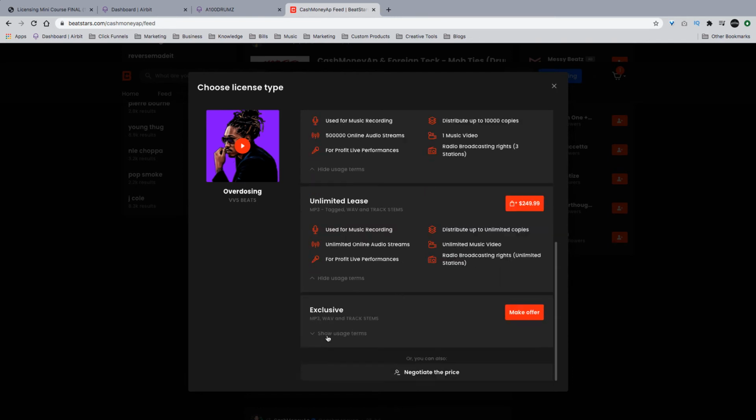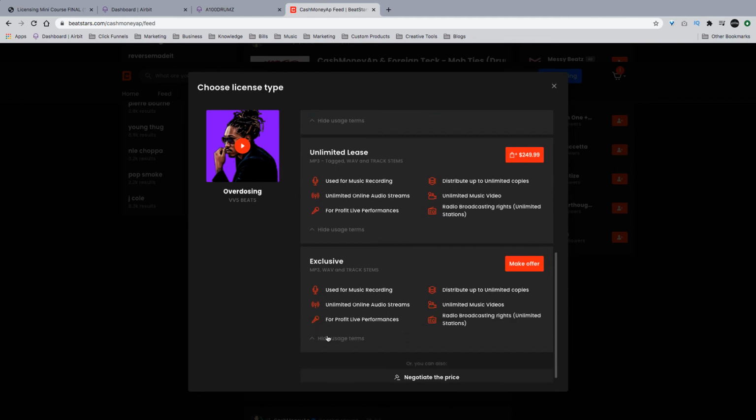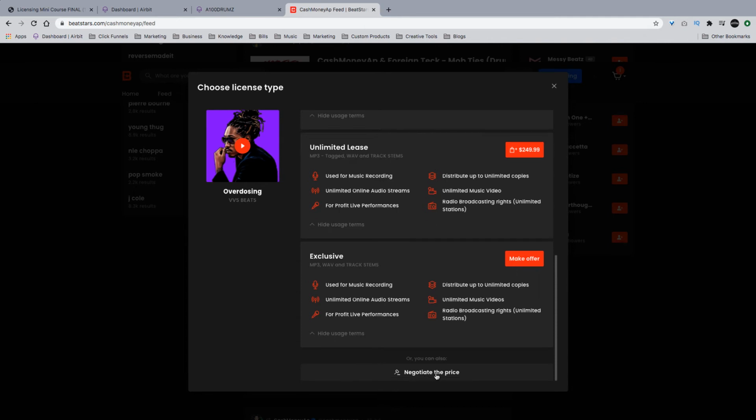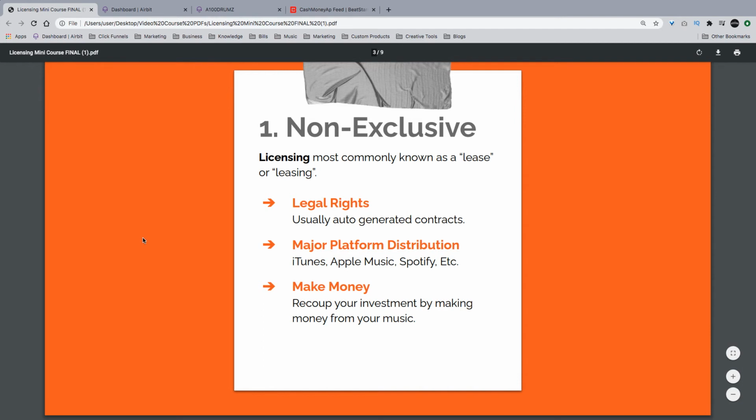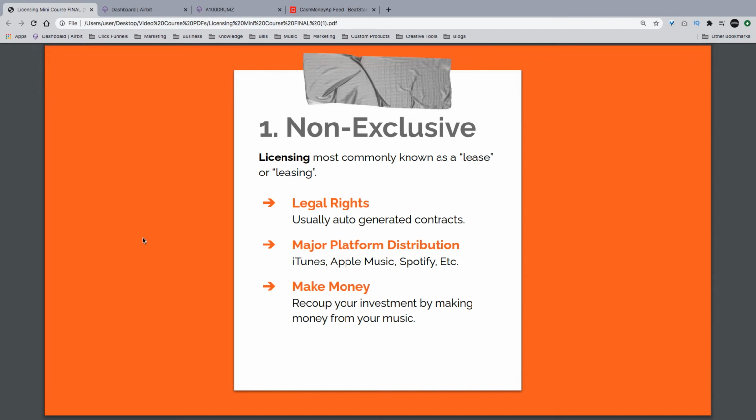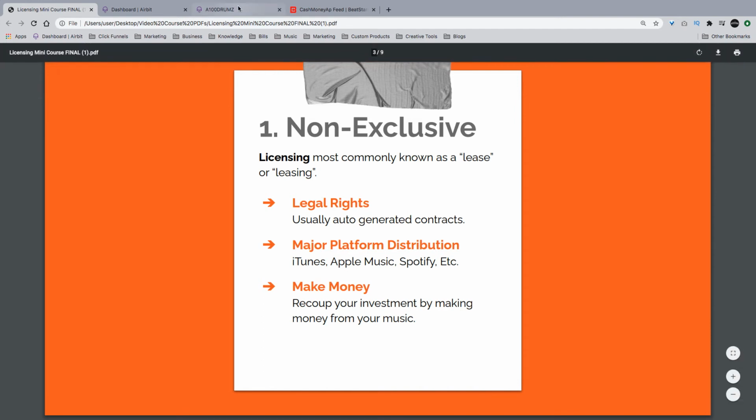Now, when it gets to the exclusive license, he's basically just allowing you to make an offer, or you can click here and negotiate the price. And again, you're getting unlimited rights, unlimited usage with this anytime you get an exclusive license, right? So back to non-exclusive. Well, before we do that, I just want to show you guys how